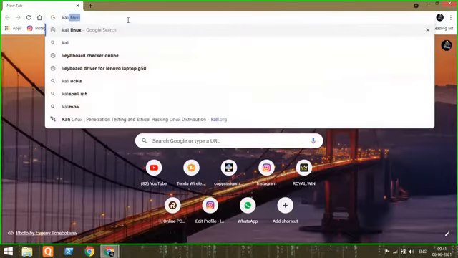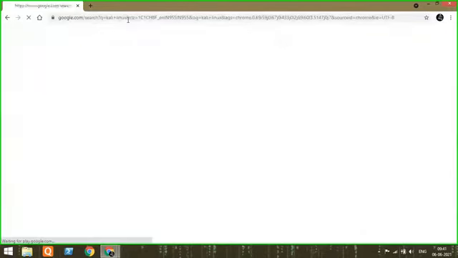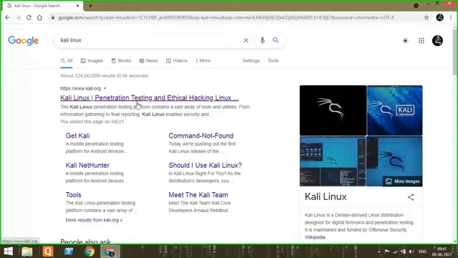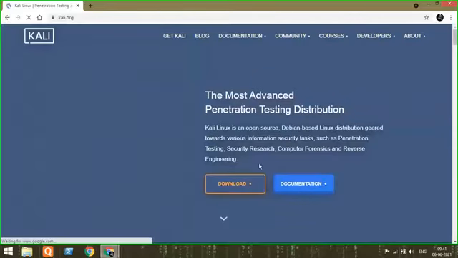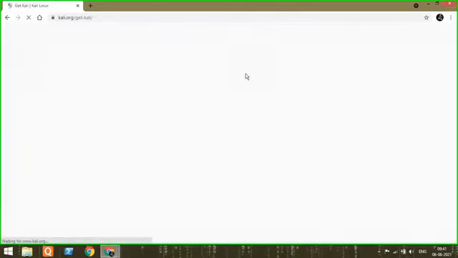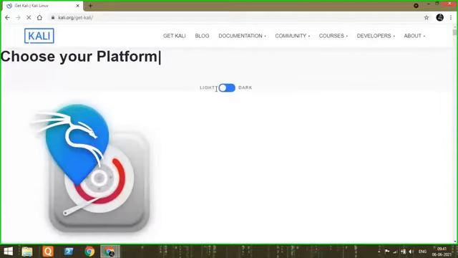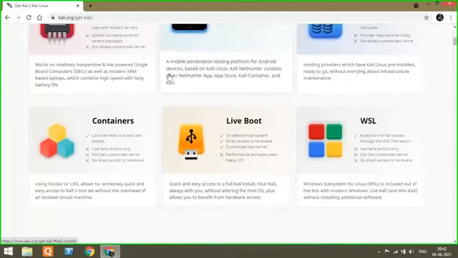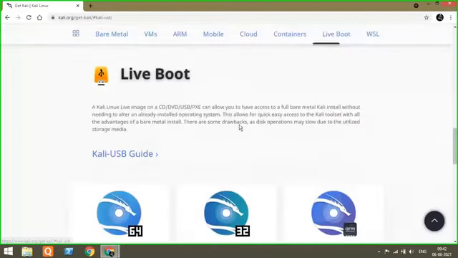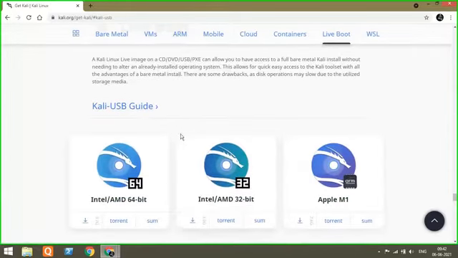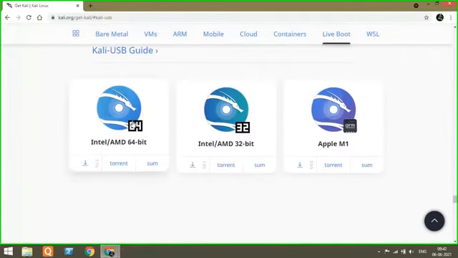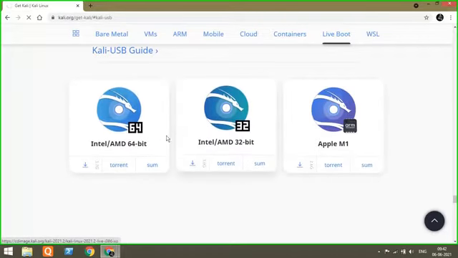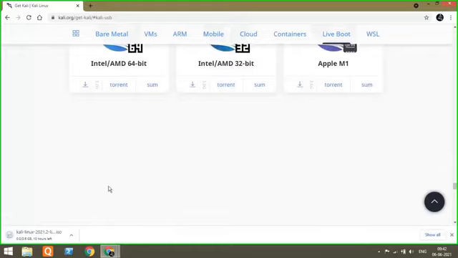Kali Linux. As you all know, it is the official website of Kali Linux. Then you have to click on download, and after that, as we are going to install Linux in a live boot, meaning I will use this operating system as a removable disk, just click on the version as per your PC requirement, whether it is 64-bit or 32-bit. As you can see, it started to download.